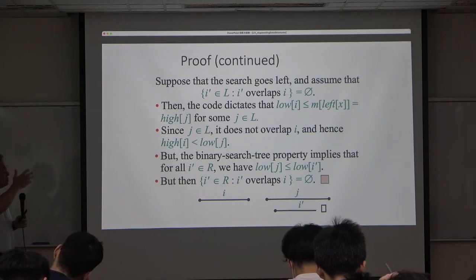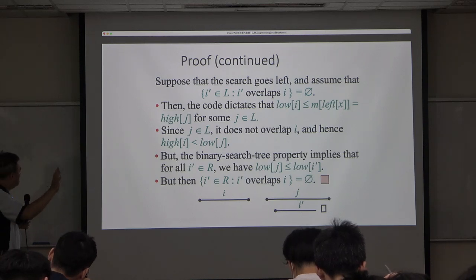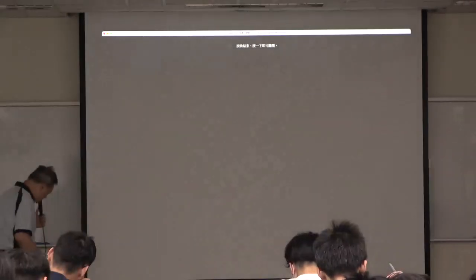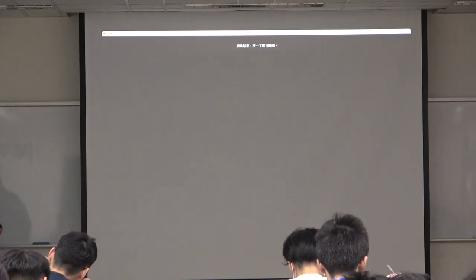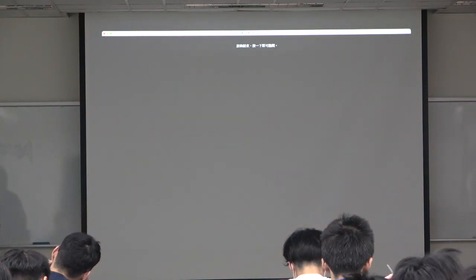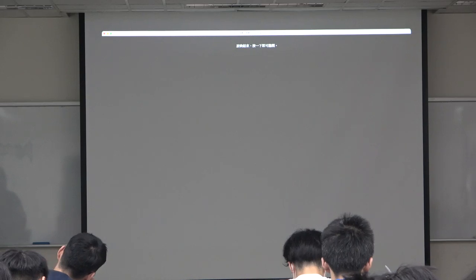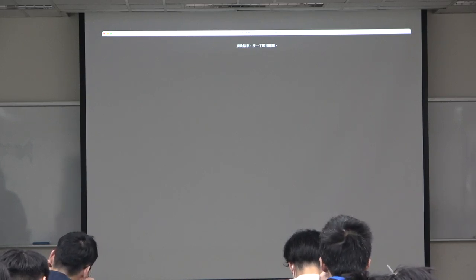We only need to prove one way or the other. If you go left, there's nothing possible in the right subtree. If you go right, there's nothing possible in the left subtree. That's it. So we finished this part, and then